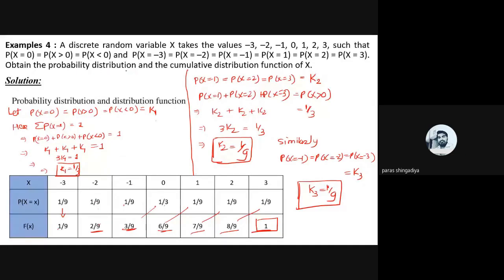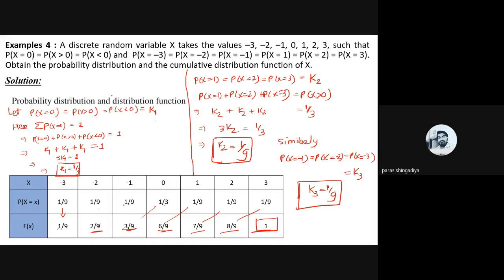Okay, this is what we have to derive first, and after that check the cumulative distribution function, that is, F of x that you have to derive. So here we first require the probabilities, because based on the distribution values we can check the distribution function. Clear? So how can we derive all these values? Based on these two conditions. So let's derive all these answers, prepare the table first, and then we'll check F of x.